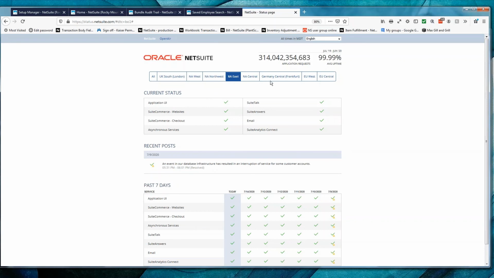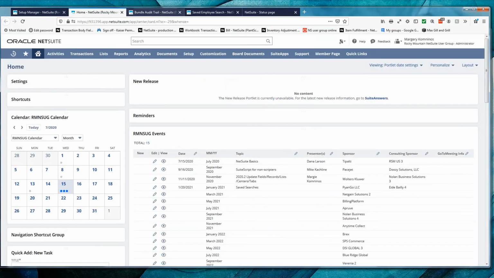So here's that information, and you can see all about that, and you can read what each one of these means in that SuiteAnswers. However, that doesn't really help you if you're actually in that situation at the time. So as I've said here, and this is thanks to Mike Cakelin, if you go to anywhere in your account and you type in script debugger,